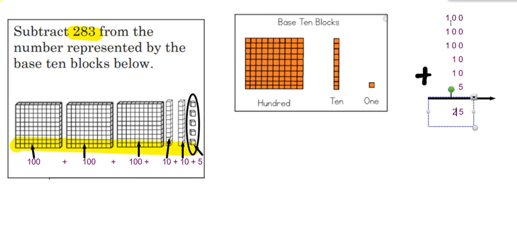And the next one, I'm going to add the hundreds, which is 1 plus 1 plus 1. That equals 3. Once I have my answer, I know that the value of the base 10 blocks is 325. So I'm going to go ahead and write that over here on the side. 325. Now, the problem is telling me to subtract 283. So I'm going to subtract 283